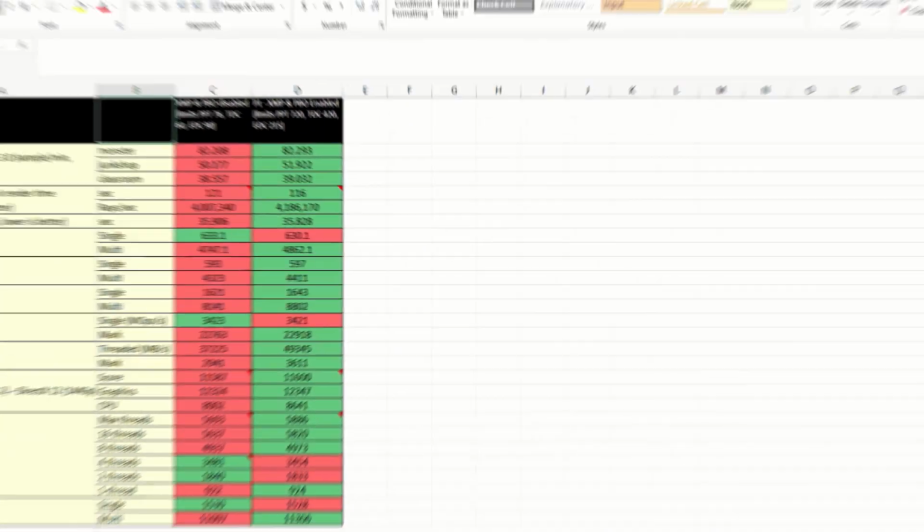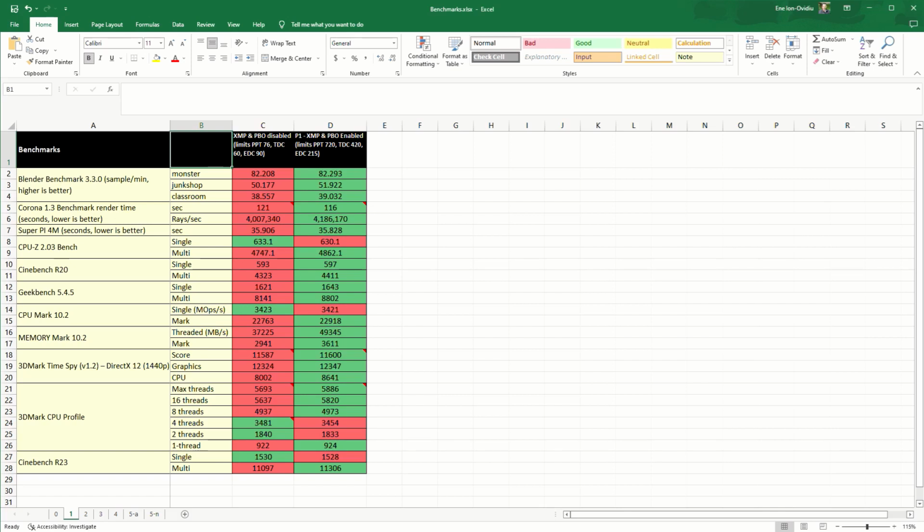that's the sustained current. And these are the benchmark results. Corona completed the rendering 5 seconds faster and the CPU reached 66 Celsius degrees. All 3D Mark TimeSpy scores are higher and the CPU reached 66.63 Celsius degrees. The 3D Mark CPU profile scores are better, peak frequency and max temperature being the same.